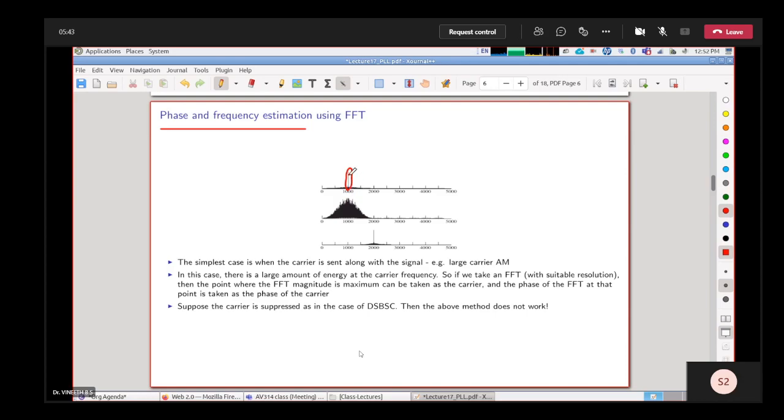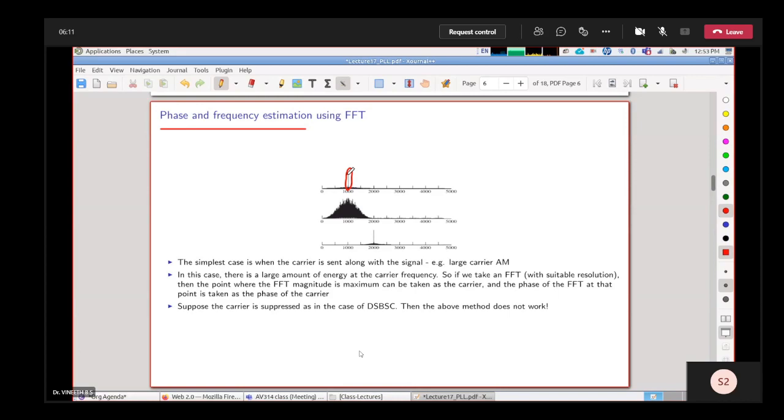You can make a simple threshold rule that says if the energy that you're receiving in a particular bin is greater than some value, then that is where the carrier is. So you get a somewhat coarse estimate of the frequency from this. Usually such methods are used to get initial coarse estimates of frequency and phase, and then you use some locking technique like a PLL to fine tune. Sometimes something like that is done.